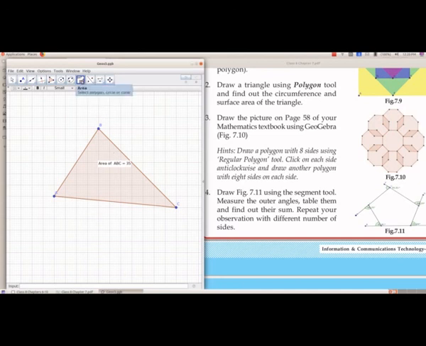And now we want the circumference. So we will select distance and we will click inside. So we got the perimeter. Perimeter is the circumference. So we got the perimeter as 28.16.